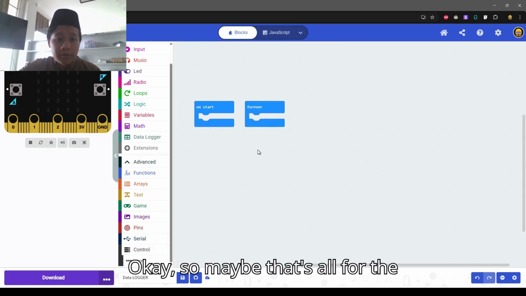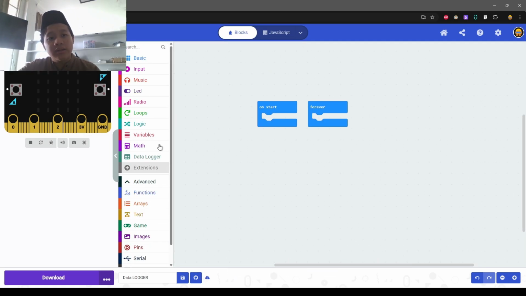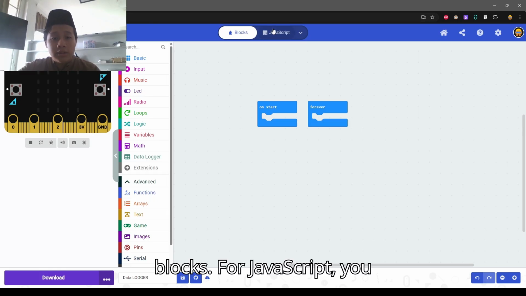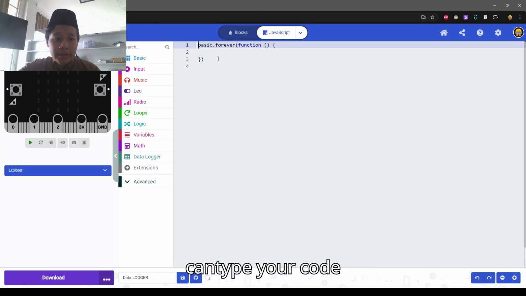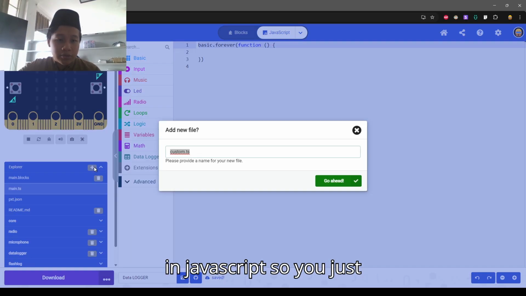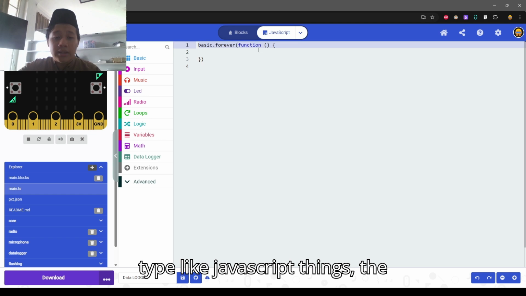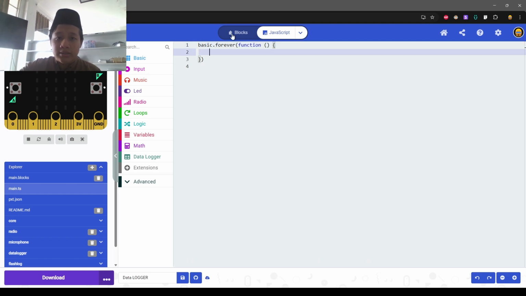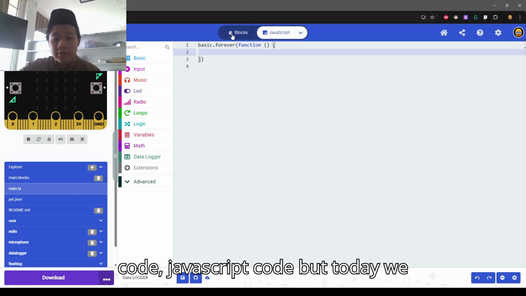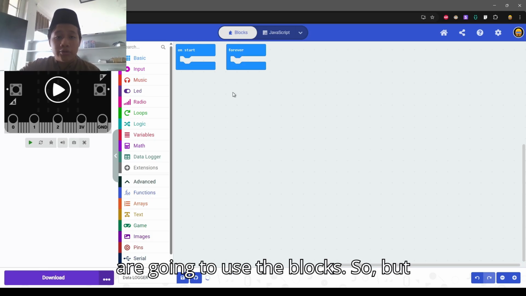Okay, maybe that's all for the Microbit blocks. For JavaScript, you can type your code in JavaScript, but today we are going to use the blocks.